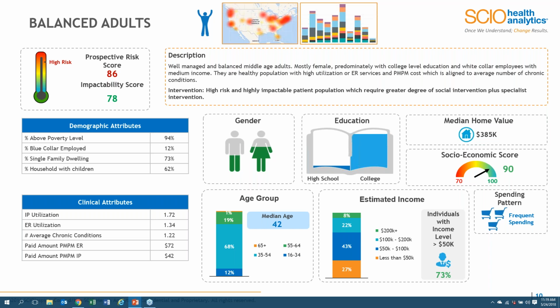But ultimately, it rolls up to that prospective risk score and impactability score. And they want a scorecard. They want to know how can I penetrate the patient population, and what does that mean from an impact of care, and does it drive my expansion of my messaging and of my medication compliance and adherence across the board.